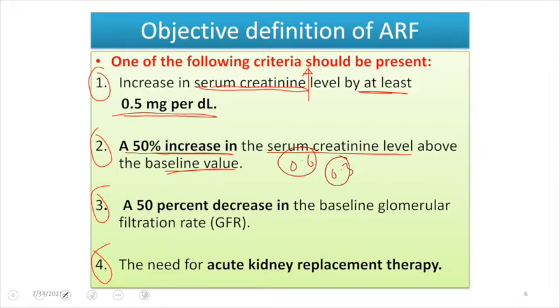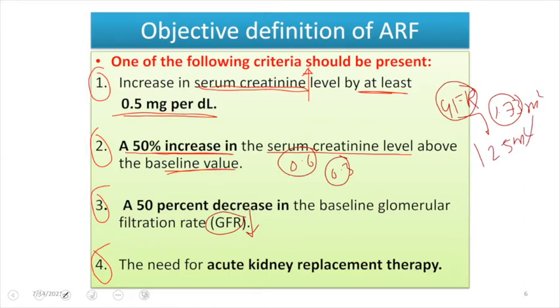The third criterion says that there should be a decrease in the GFR, up to a 50% decline in the function of the glomerular filtration rate. Normally the GFR varies from age to age, but when we are talking about a reference adult with a body surface area of 1.73 meter square, the basic GFR is 125 ml per minute. So about 125 milliliters of blood is filtered per minute in a person with a body surface area of about 1.73, and this is a reference male.